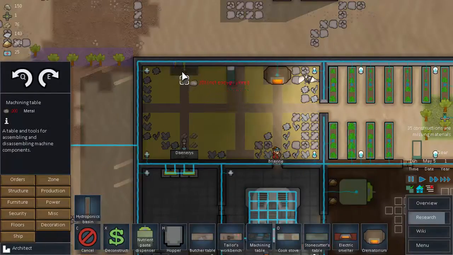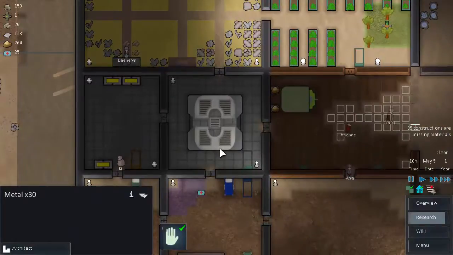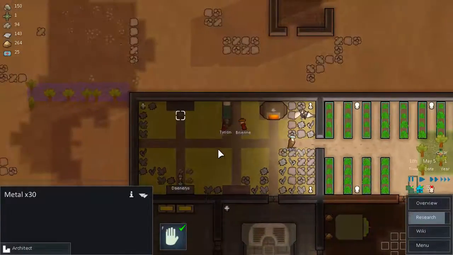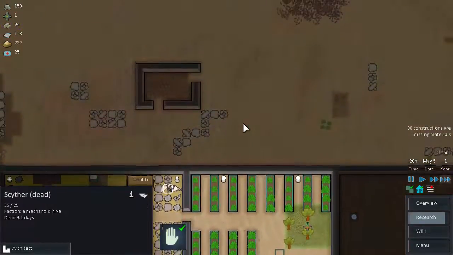We want to build a machining table right there, which I forgot takes 200 metal. That's so much. But it will be worth it, all in all. And then the electric smelter. That's the other one. That's also going to be another big supply of metal that we'll have to use, but another one that will also be very much worth it in the end. We do, of course, as of last video, have 2...